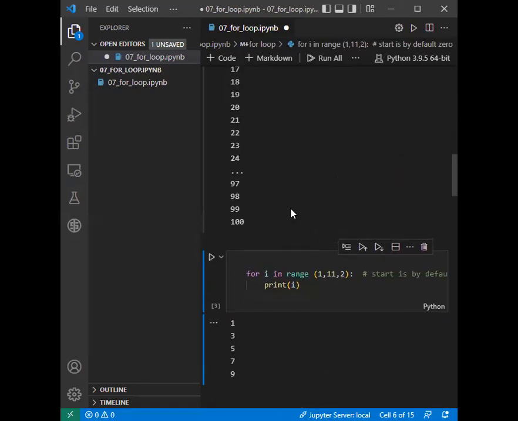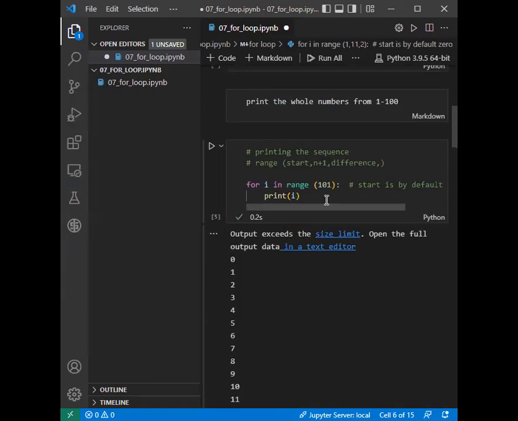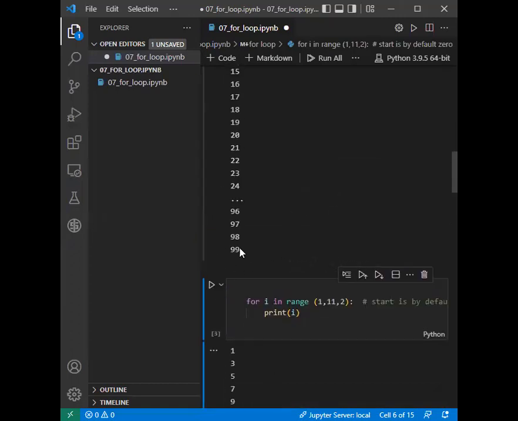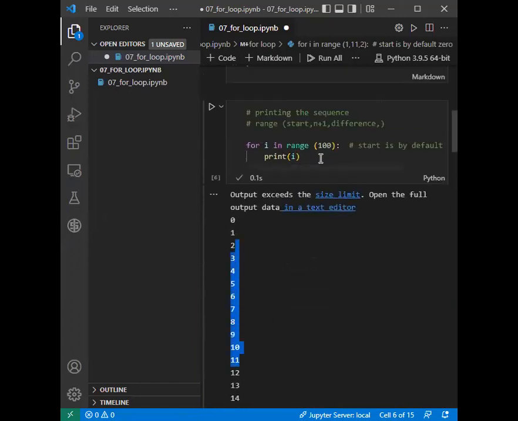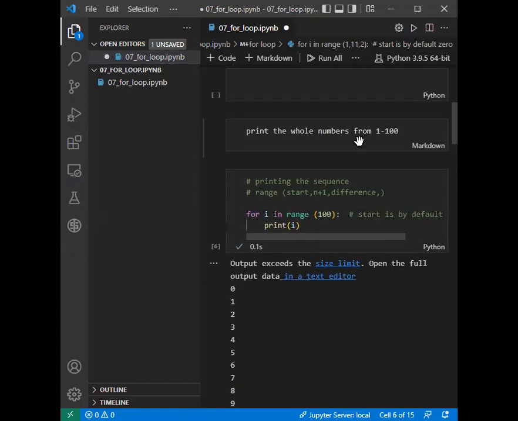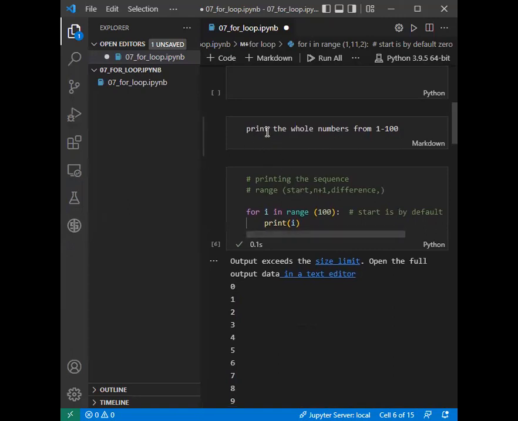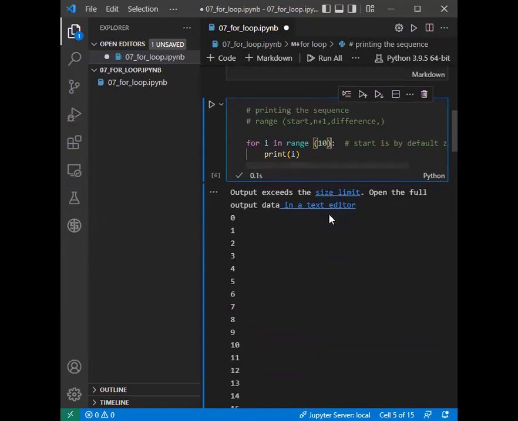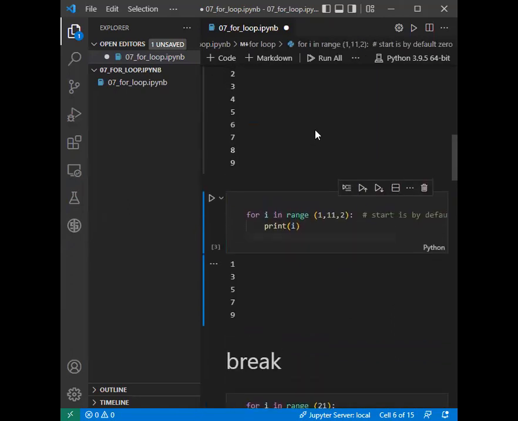See, we had values up to 100. Now let us check that if I am defining here 100, this must print values up to 99. So you can see here it is printing values up to 99. So now this is very easy code and it is asked for, I can say, 5 marks in your practical exam. Okay. So yeah,